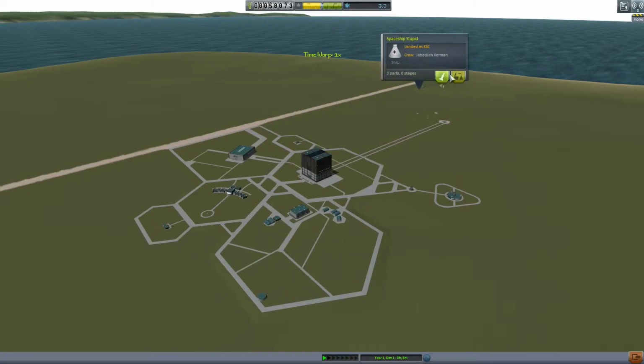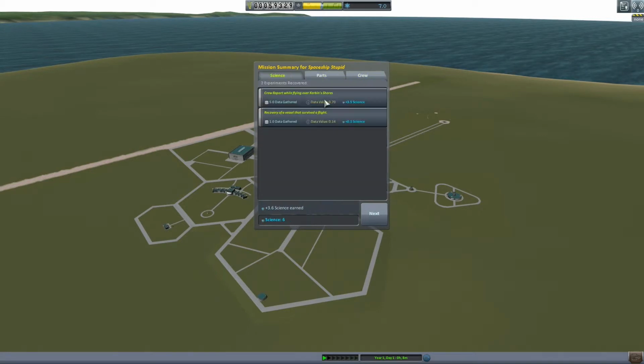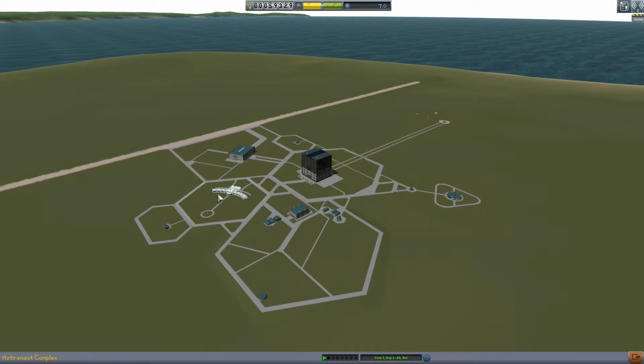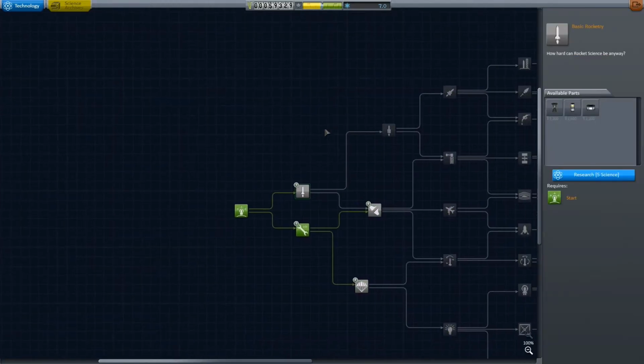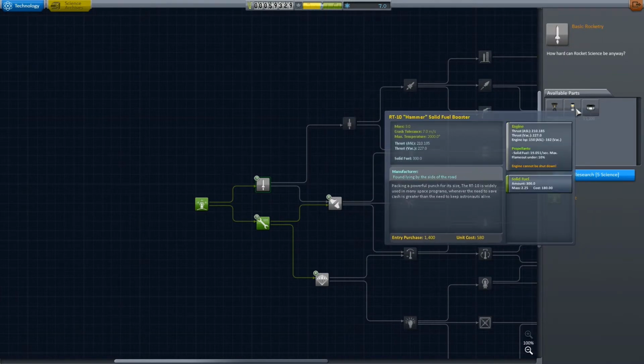We will recover Spaceship Stupid. Beautiful. I got 3.6 science. No XP gained. That's fine. But I got the science. Now the question is, do I have enough science to spend science? I do. So I can get basic rocketry, which gives me a fuel tank for the liquid fuel engine,